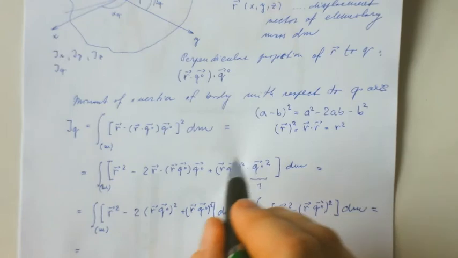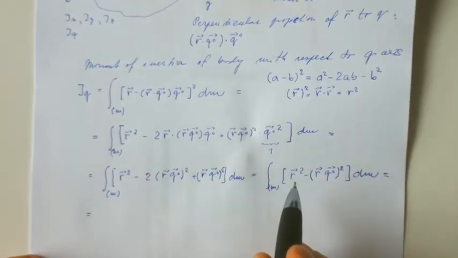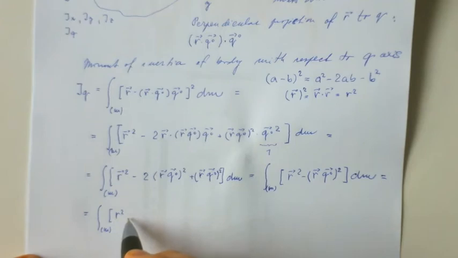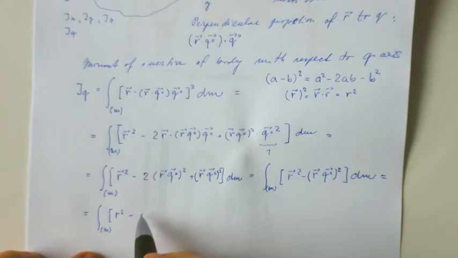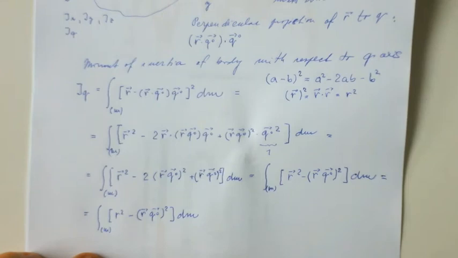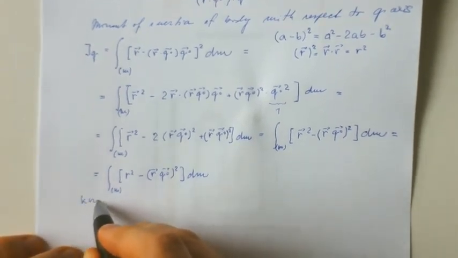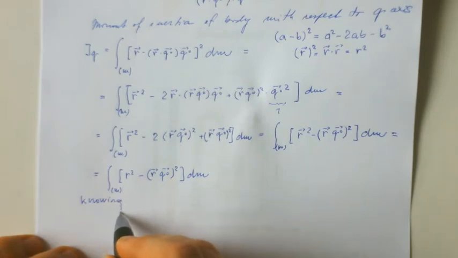So I'm going to use this and apply it to this term. So it is the integral of m r square minus, what remains here? So it is r by q powered by 2 dm. So knowing this,